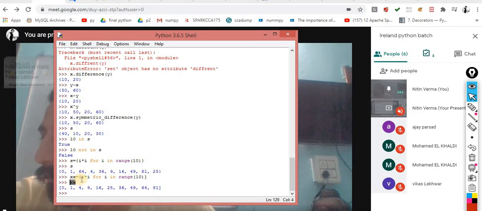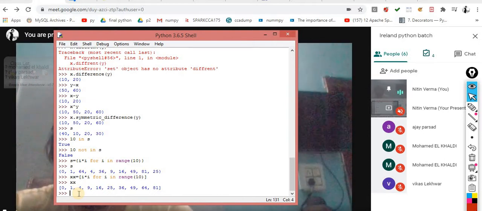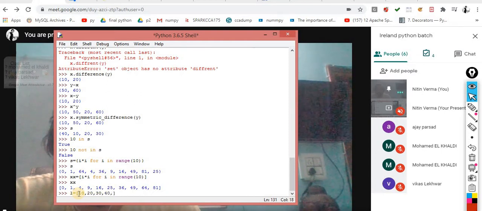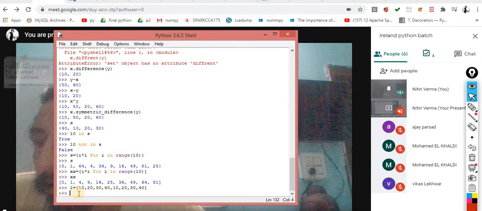Okay, now the same program. I know you guys have doubts regarding the program which I discussed at the starting of this session, the use case. This is the same problem that we discussed at the start of the session: 10, 20, 30, 40, 10, 20, 30, 40. So this is the data. Now the problem is that you want to remove the duplicates from this data.